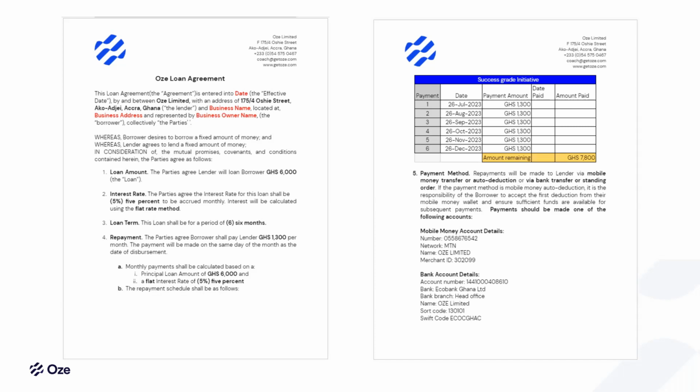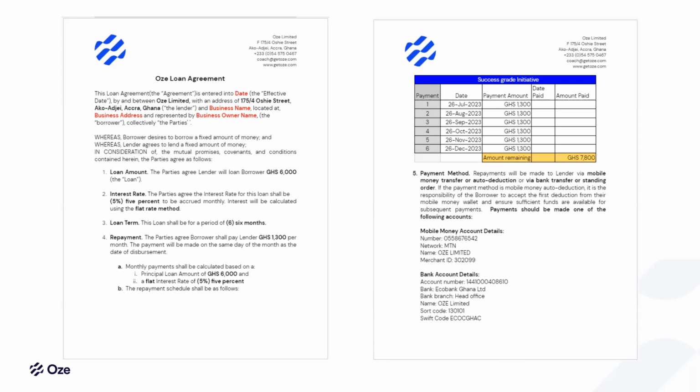So the information that you provide, your business name, your business address, business owner name, the date. We also break down the terms of the repayments, break down everything, the principal amount, the interest rates, the amounts that you're meant to pay each month. And we also provide you with a repayment table so that it's a little easier to view at a glance. The dates that you're meant to be making each repayment,